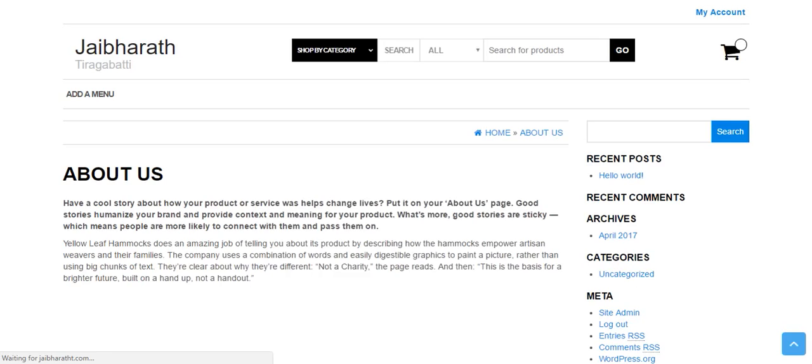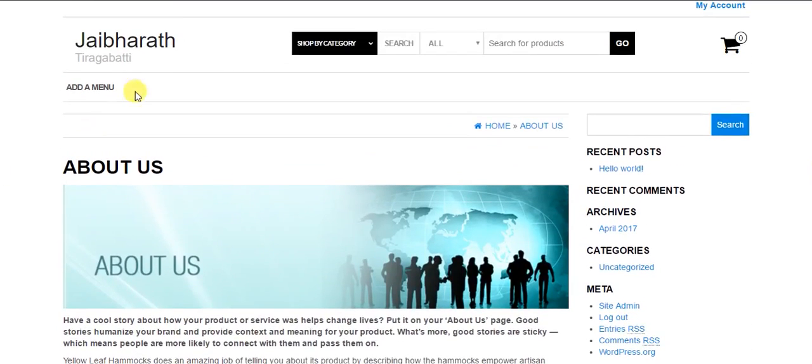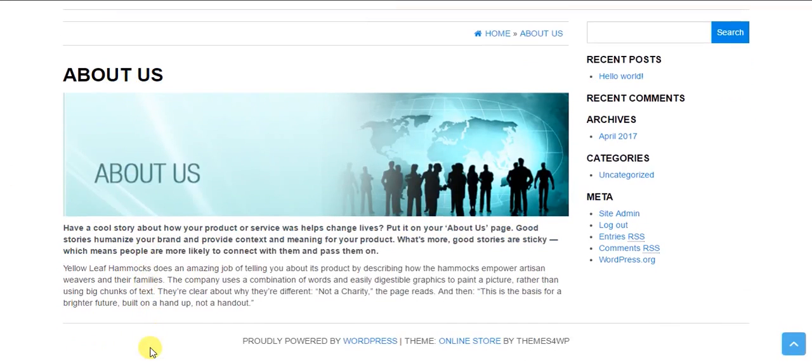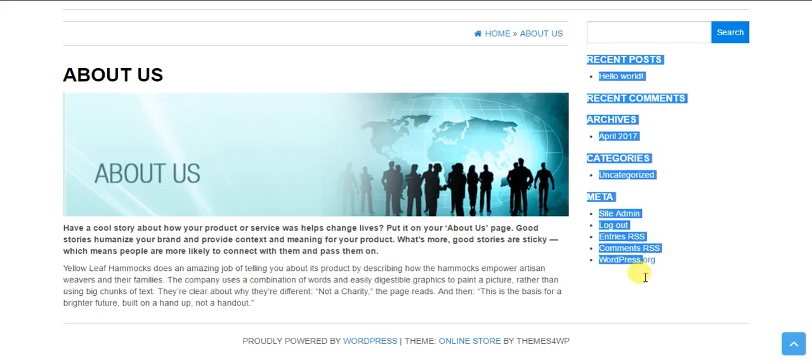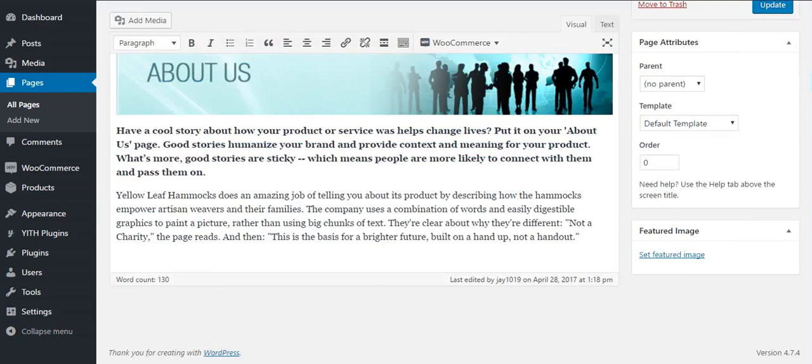You can see here, this is my page. You can see about us, and of course it's not in the menu yet, and it has a small image as well as text. You can see here this is a sidebar, we will be removing it. This is called the right sidebar, on the left side we have the left sidebar, and we also have the footer bar. So now we are going to add a small video to this image,